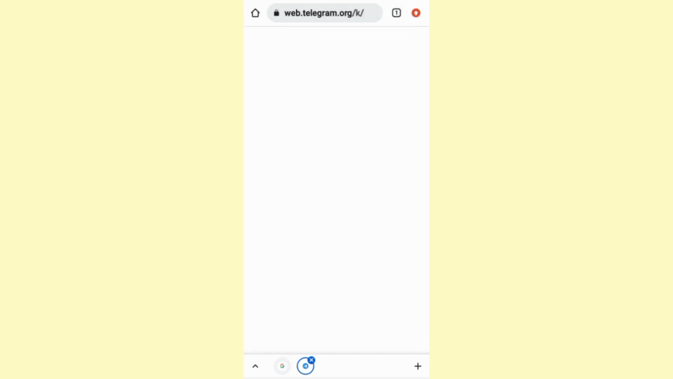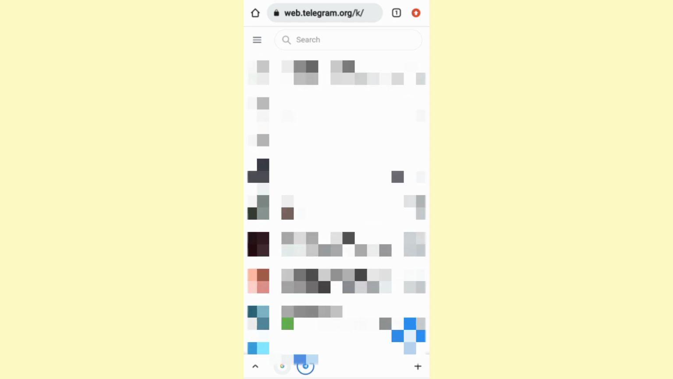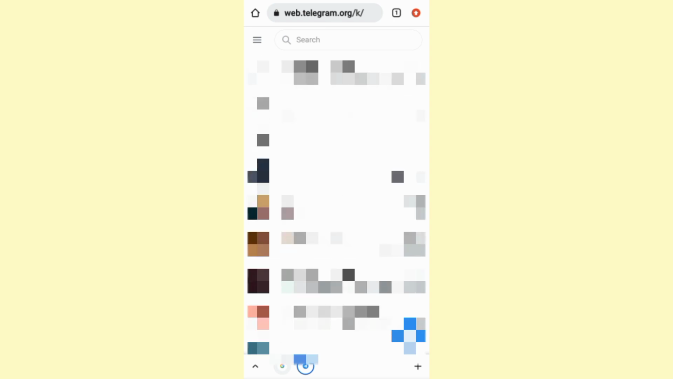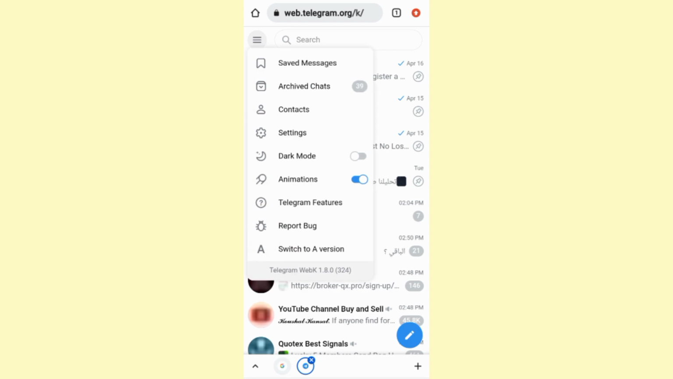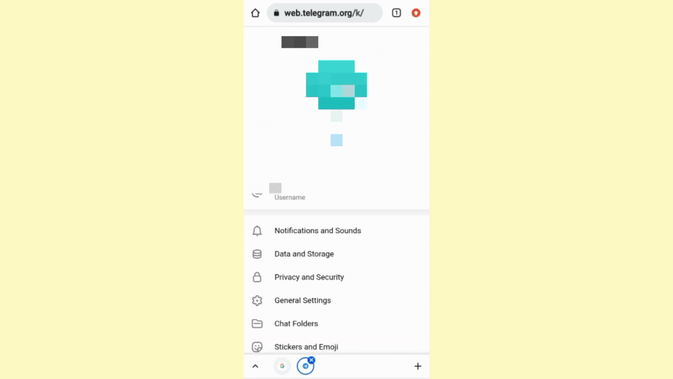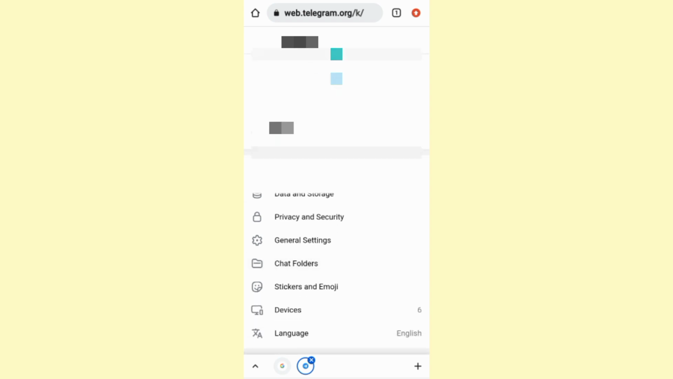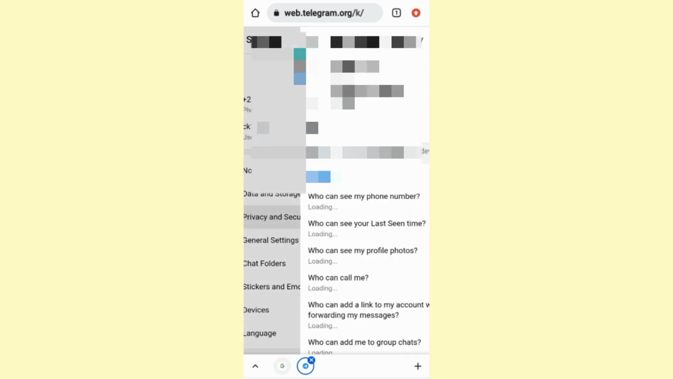And it might ask you to log in. So go ahead and do that. If it did, I have already logged in. So once you open your Telegram here, you need to click on these three lines at the top left corner, and from there click on settings. And here you need to scroll down and click on privacy and security,